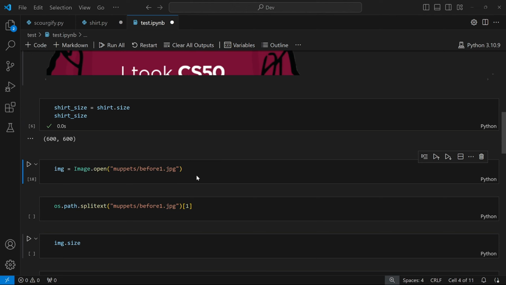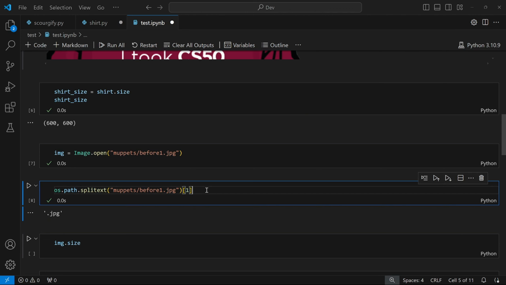And in this code cell, I opened a sample image before1.jpg and saved it in the variable img, short for image. If I run this, nothing will happen because the image is saved in the variable img and I'm not displaying it. But then with this other code cell, I want you to see the result from splitext. So if I run this again, you see that